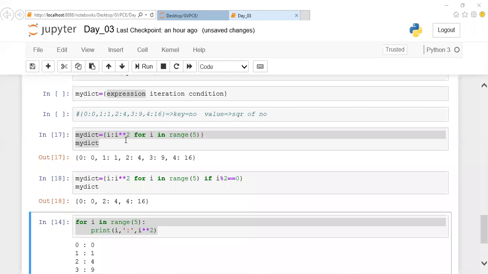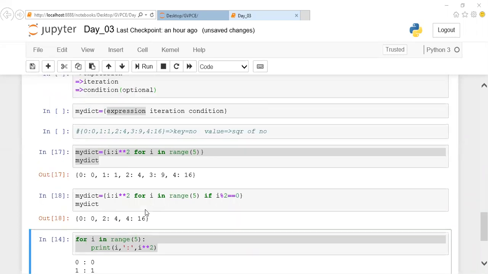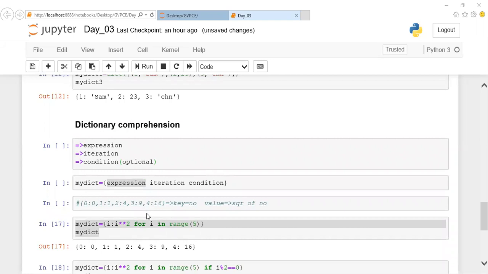So you can mention it either like this or like this. The same thing we'll be implementing for dictionary, tuples also, and list also. I'll show you during list comprehension how to implement all those things. I guess you people are clear so far with how to create a dictionary in multiple ways. We have seen directly how to do it, and apart from this we have seen how to do it using the dict method, and also by using dictionary comprehension.